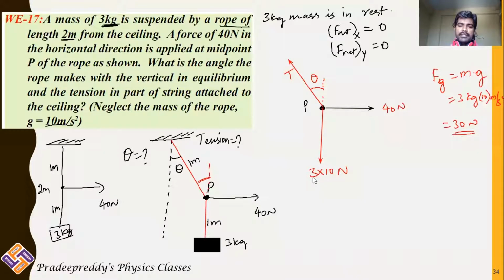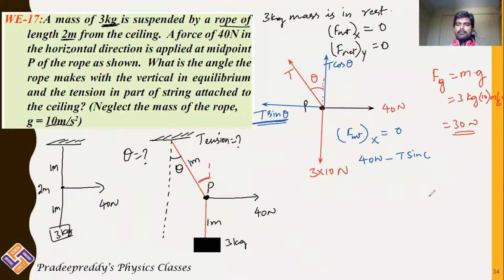But coming to this tension, it is in the plane. You can resolve this tension into components: one component along the vertical, another component along the horizontal. Now I can write this as T cos theta, and I can write this as T sin theta, because overall this is tension T. Now as the system is in equilibrium, F net along the x-axis is equal to 0. Along the x-axis, what are the forces acting? On the right side it is 40 Newton minus, on the left side, T sin theta.